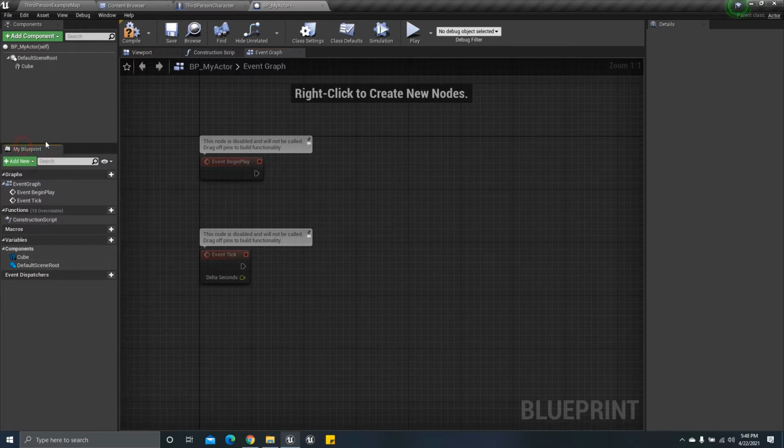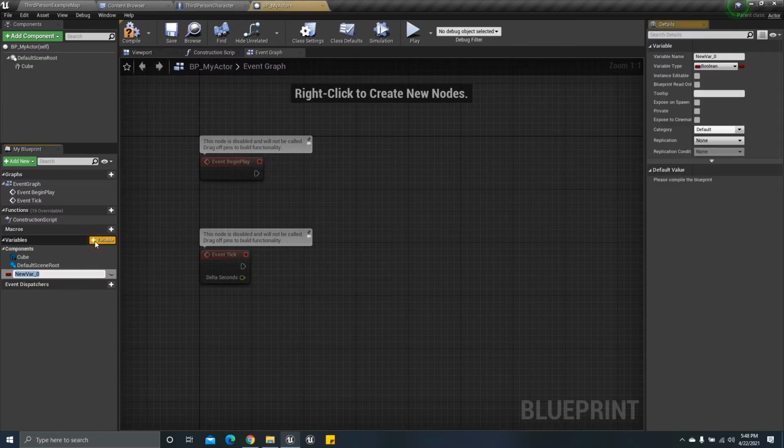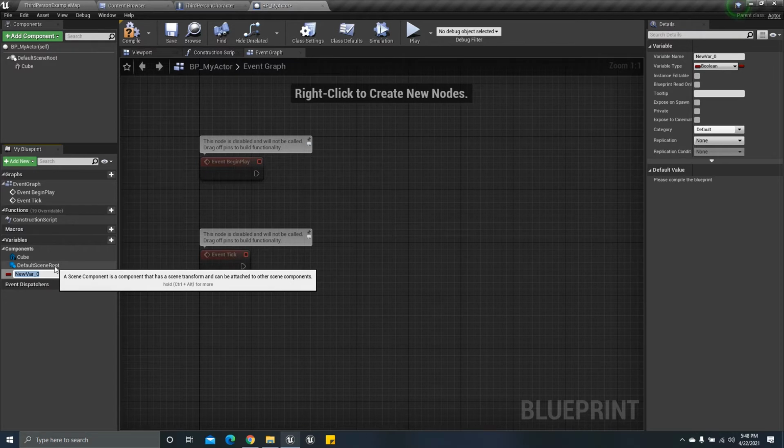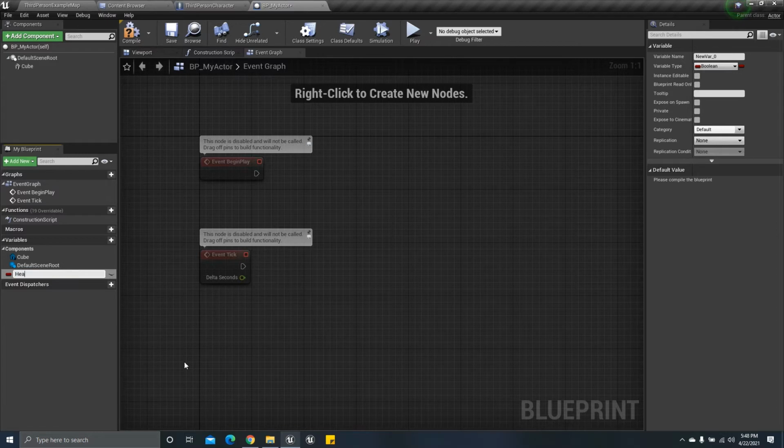If we come to my blueprint tab, we have this variable thing. We can create a variable by clicking on the plus here, and it will ask to name the variable. I'm just going to rename it health and click anywhere.